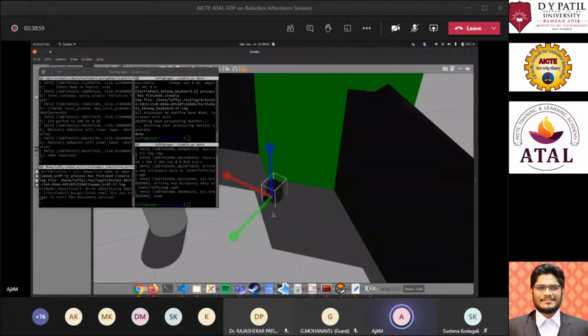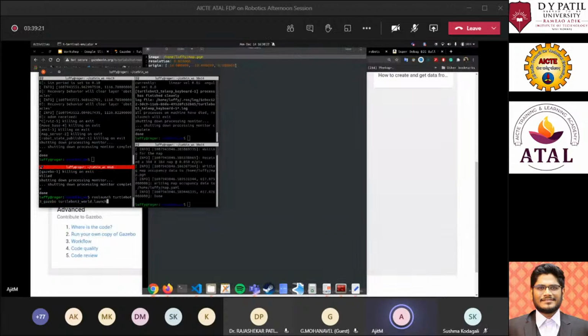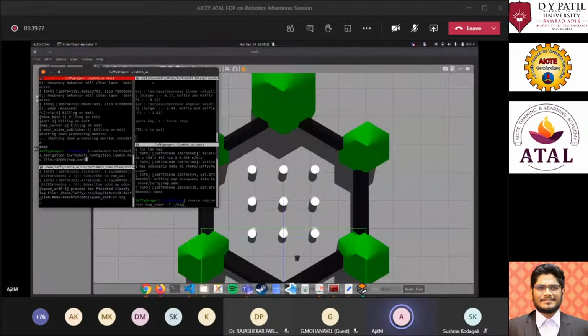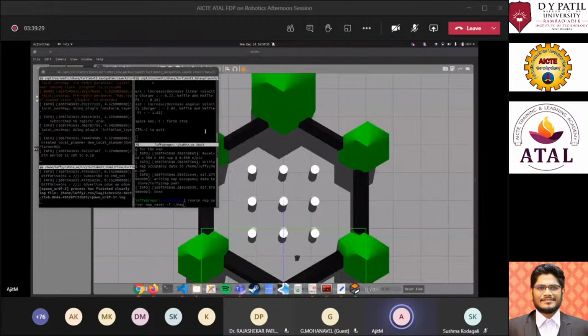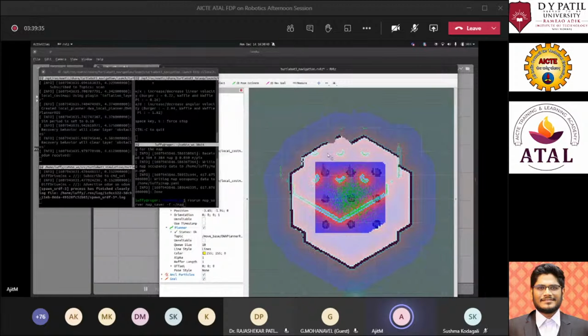Okay, just let me reset the thing. Okay, so you can see now again that it has taken up the map which was previously mapped. This is the new incoming sensor data.